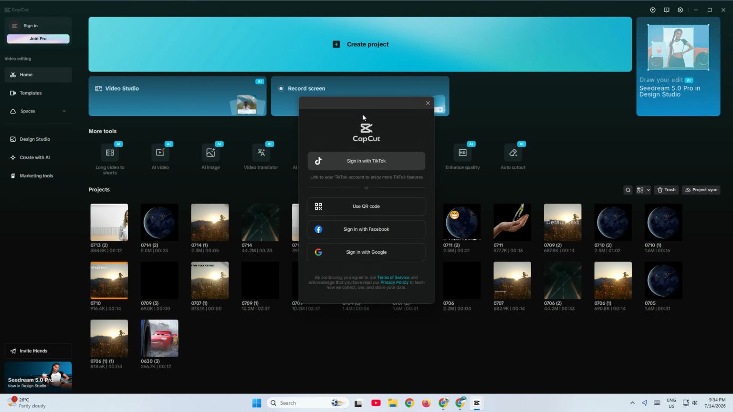After clicking Sign In, you'll see a few login options appear on the screen. At this point, choose the method that works best for you. You may see options like signing in with Google, TikTok, or another available account type depending on your setup. In this example, I'm choosing Sign In with Google because it's one of the fastest and easiest ways to get